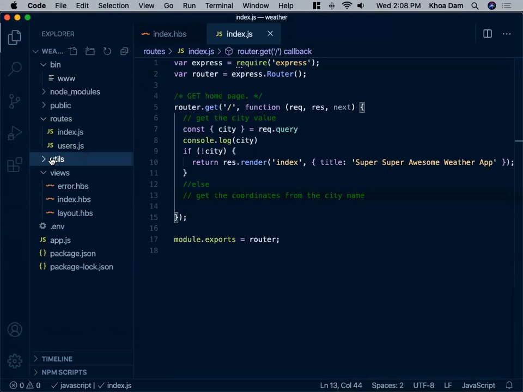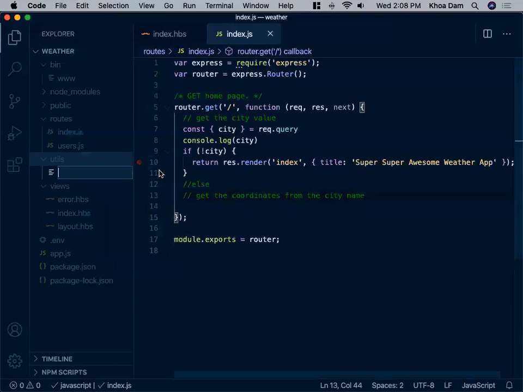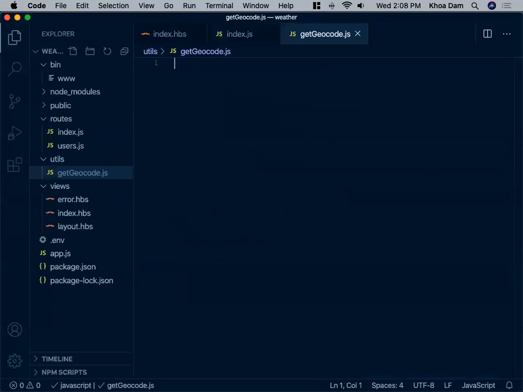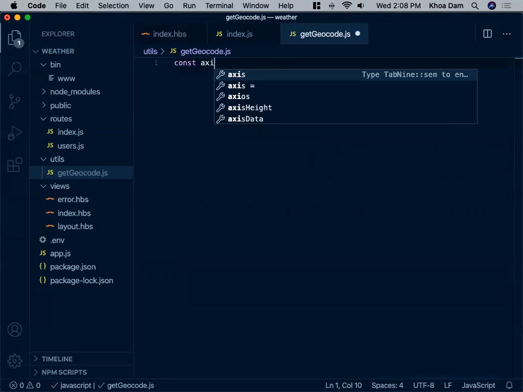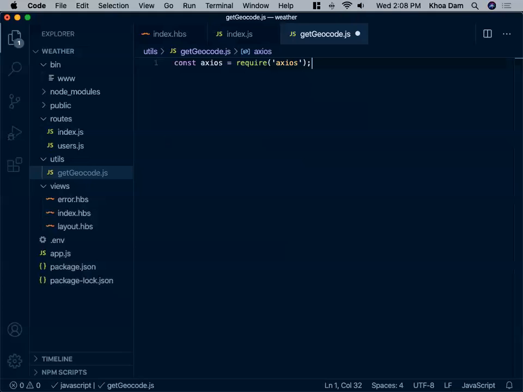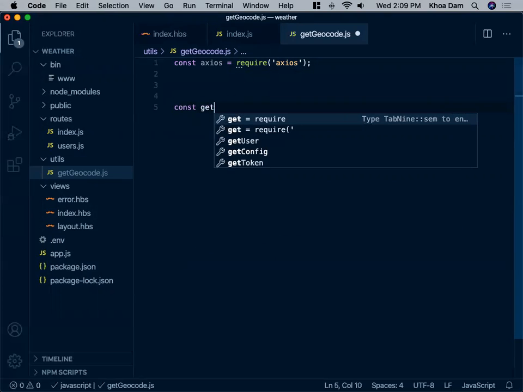Utils, and go inside utils, create a file called get coordinates, or get geocode if you want to be consistent with the lab. Get geocode.js. Okay. So inside this file, we're going to define a function to get the coordinates from the API, and we're going to use a source equal to require a source. Okay, import a source. I'm going to define a function called get geocode